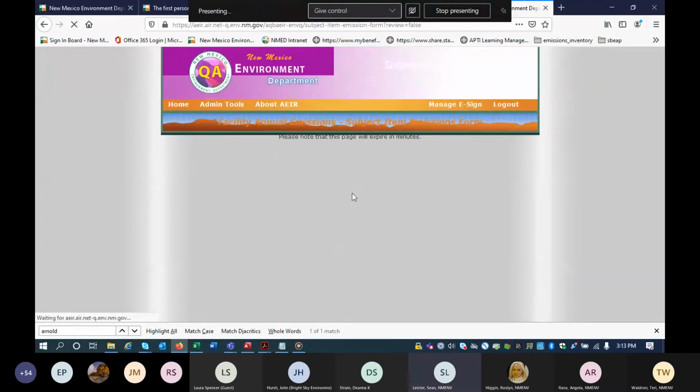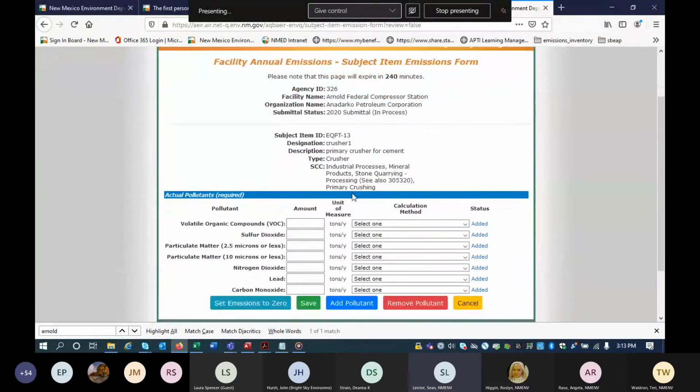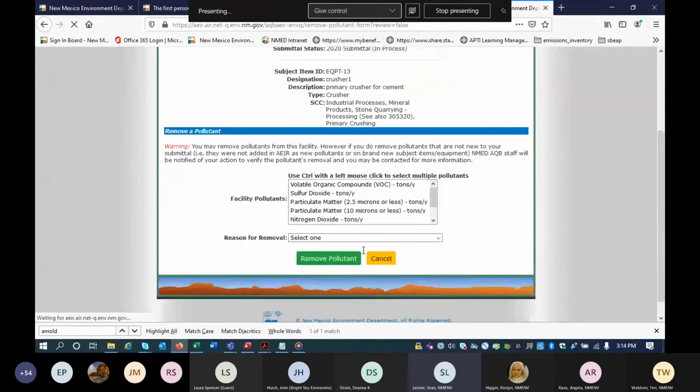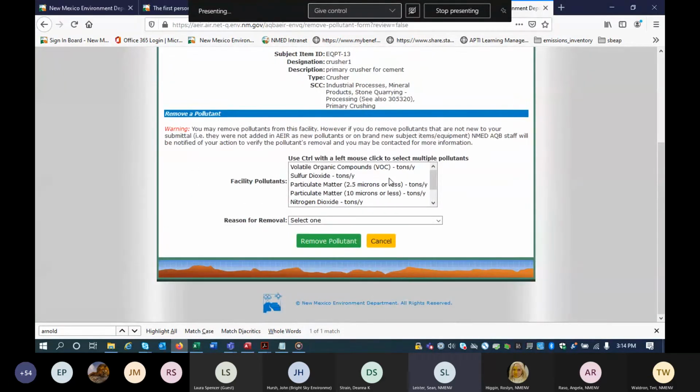And it'll bring me to the next page, which is the emissions page. By default, for all new pieces of equipment that are created manually through AEIR, we default all of the criteria pollutants as well as VOCs into this middle form. If your piece of equipment did not emit some of these pollutants, feel free to remove the pollutant from the list or just put it in as 0. Either way would work. We'd probably prefer that you just remove the pollutant if it doesn't exist, just so that we don't get as much data. But if you want to put 0, that would work for us as well.